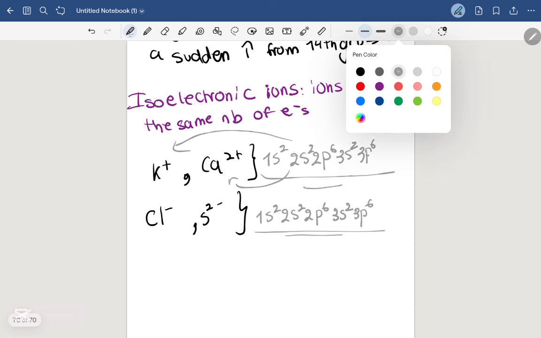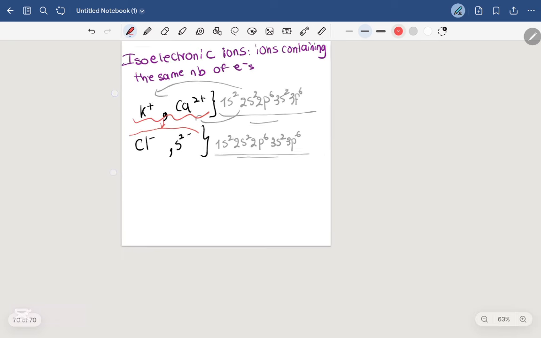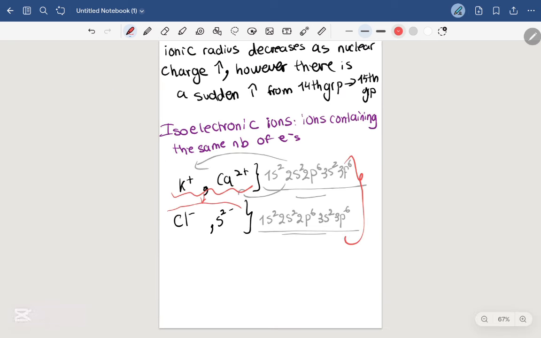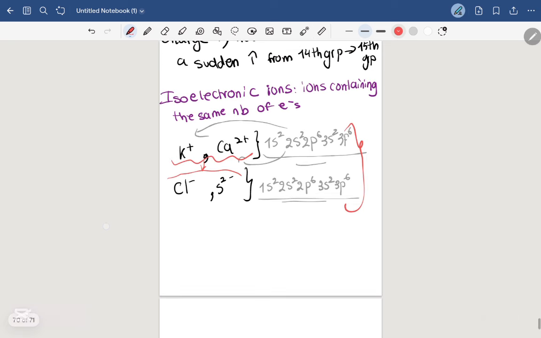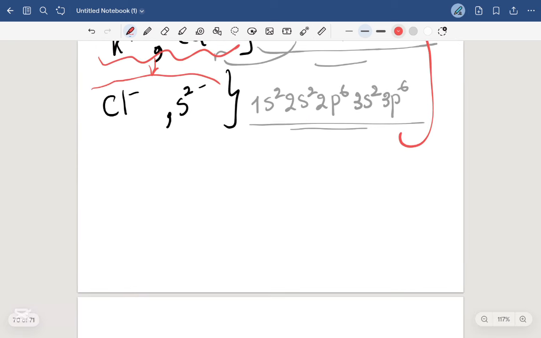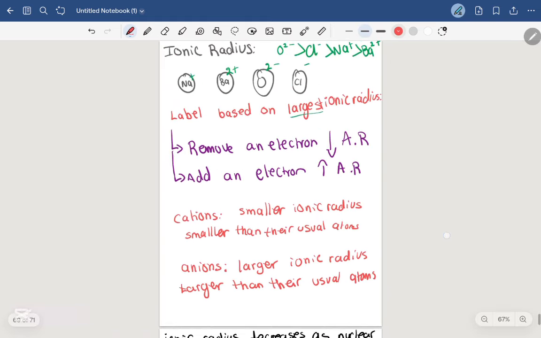So what do we also notice? We also notice that potassium and calcium are also isoelectronic with chlorine and sulfur. As long as they have the same number of electrons, we say that they are isoelectronic. Now, we need to know that the higher the nuclear charge is, the higher the attractive forces are. And perfect, just like that, we finished chapter 2